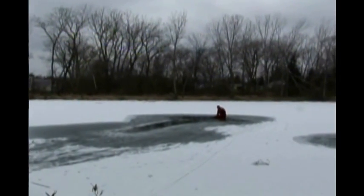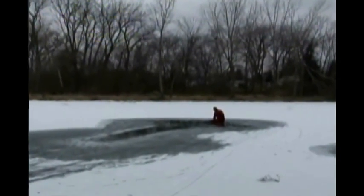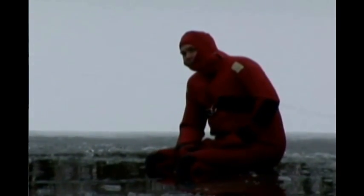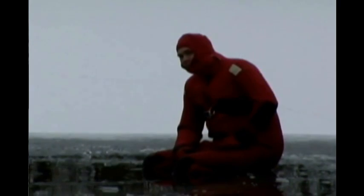Now, the thickness of the ice is about 2 inches, which is just enough to hold a person in the water. Not a car, not anything bigger than one individual standing alone. But what we have behind me is a firefighter and other firefighters on the shoreline, a firefighter in the water that is frozen, and he is in a wetsuit, but he is playing the part of a victim who has